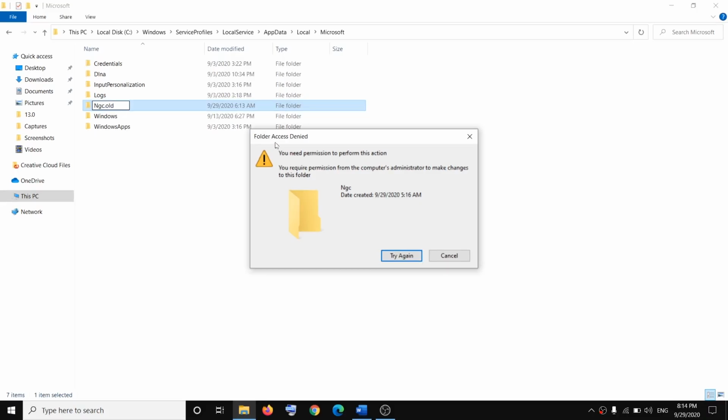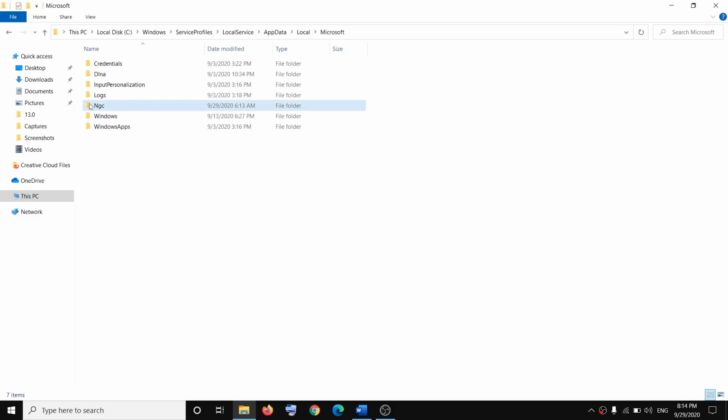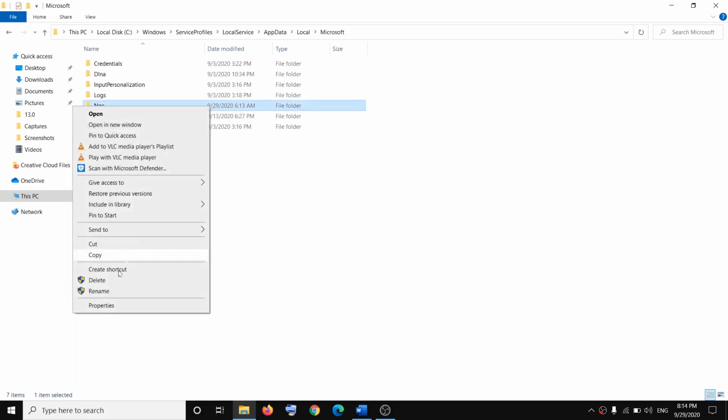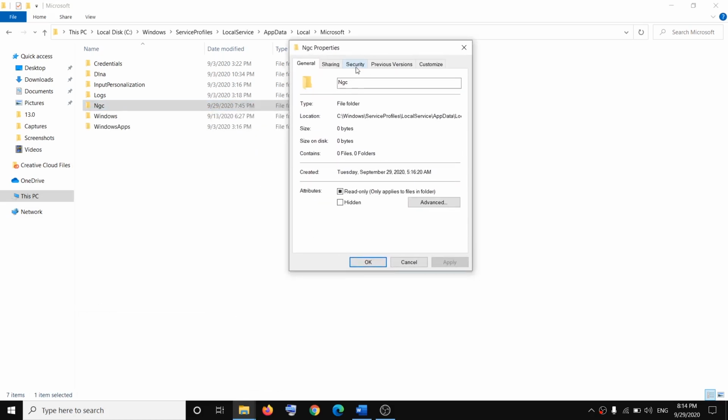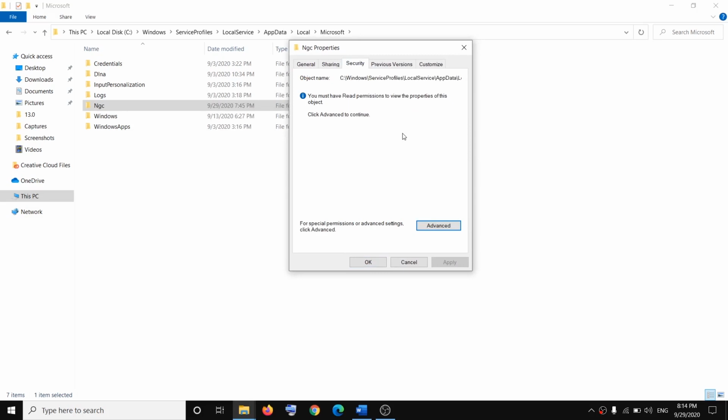Now if you are receiving this error message which says you need permission to perform this action, click on try again. Again you are receiving this error message. In that case you can go ahead and close this box. So if you are unable to rename this folder, you can just make a right click and then go to properties, then go to the security tab and then click on advanced,